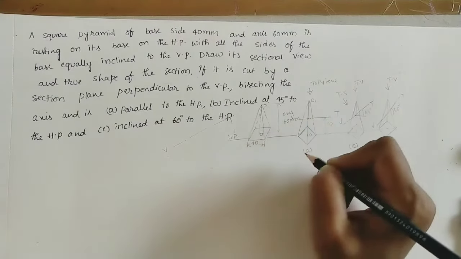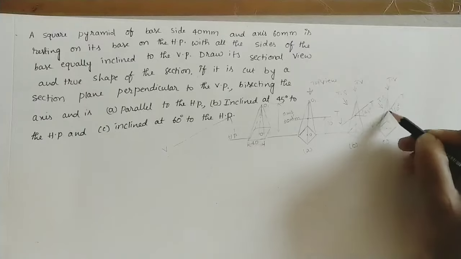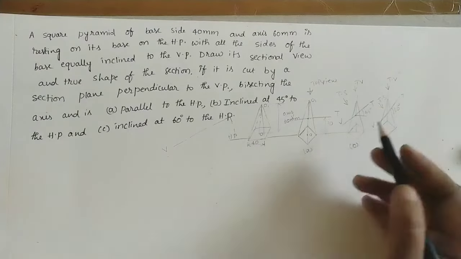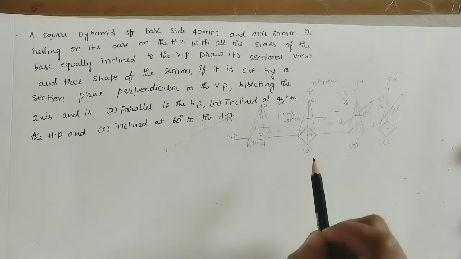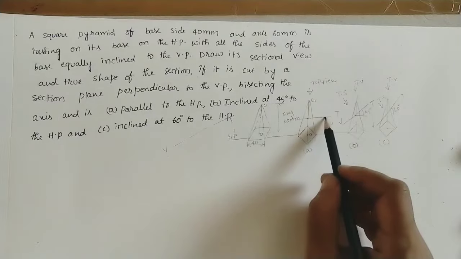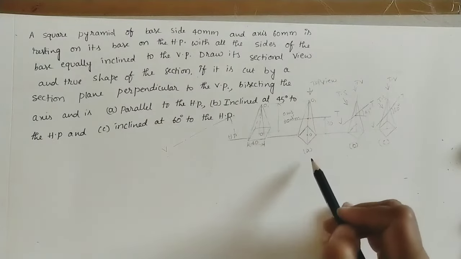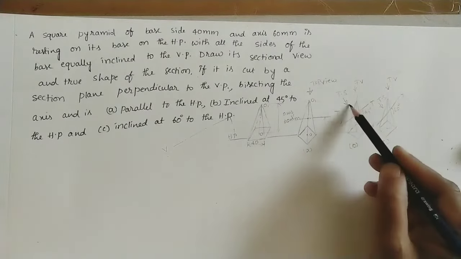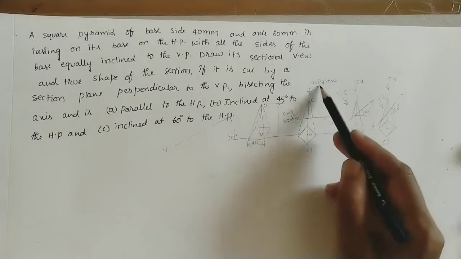TS, I am writing. For this also we are taking the TS position like this, because this part we are removing, and whatever remaining section is coming is called the true shape of the section. Here, in this position, the true shape of the section will not come, because the cutting plane position is like this. Whatever true shape is there, it is visible in the top view only. Only in the inclined planes we are getting the true shape of the section. Here we are getting the true shape of the section in top view only.